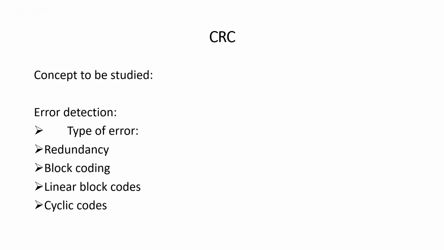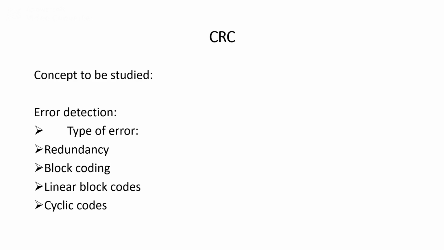For example, we have 1 1 1 0 0. Even the first bit or last bit, we can rotate to the left side or right side, and we will get another valid code word. So cyclically we can shift or rotate one bit position to another bit position. That is the cyclic code. That is the speciality, or we can say it is one extra property.